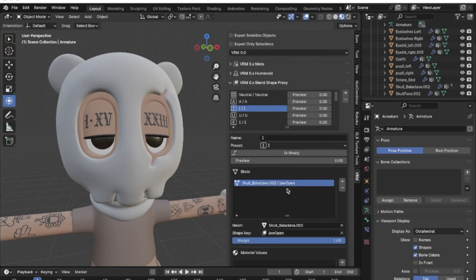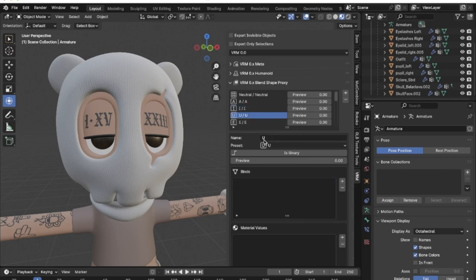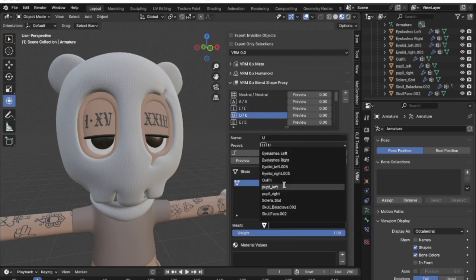We could do jaw open. What I noticed sometimes, there can be clipping of things, so you have to be careful which ones you select and test and see what works and what doesn't work. But you can get creative here and make it the way you want it. So jaw forward is a little bit different from jaw open. I noticed that jaw forward reduces a lot of the clipping,